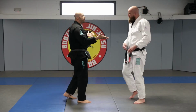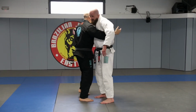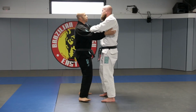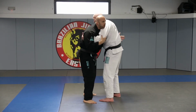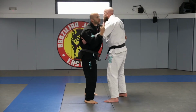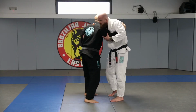So let's remember, Professor and I both have our right hands in the armpits. Our heads are opposite the hand that's in the armpit. We start with the counting. 1, 2, 3, switch. 1, 2, 3, switch. We can go to 2, 1, 2, switch. 1, switch. And then we can just be switching. Remember, this is a cooperative drill, and the whole point is for me at some point right now to be